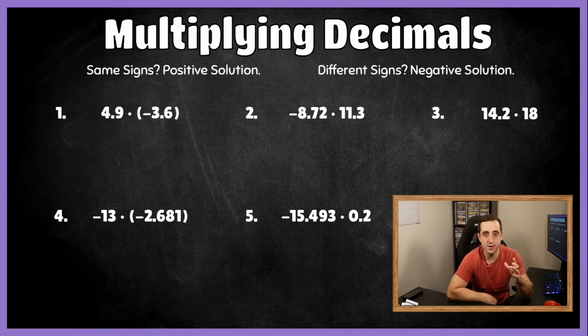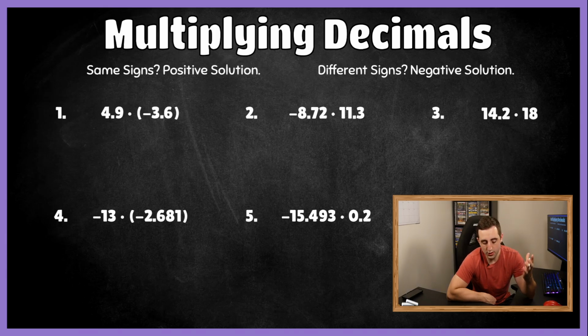The very first thing I always tell my students is let's determine what the sign is going to be for our final answer right off the bat. And knowing our multiplying and dividing rules, if they have the same sign, or both numbers are both positive or both negative, hence the same sign, we're going to get a positive solution. But if they have different signs, where maybe one's positive and the other's negative, well, we're always going to get